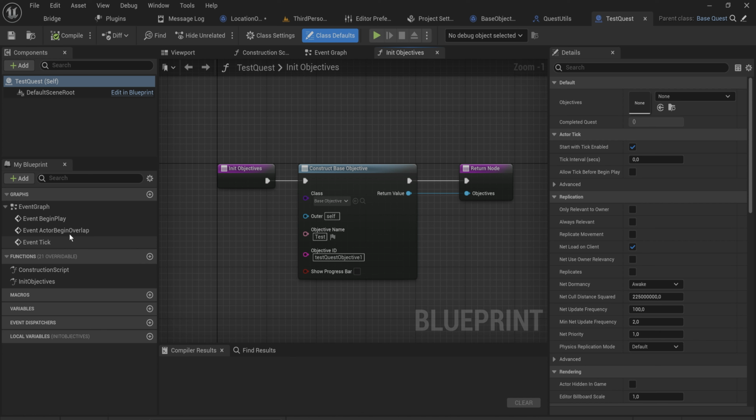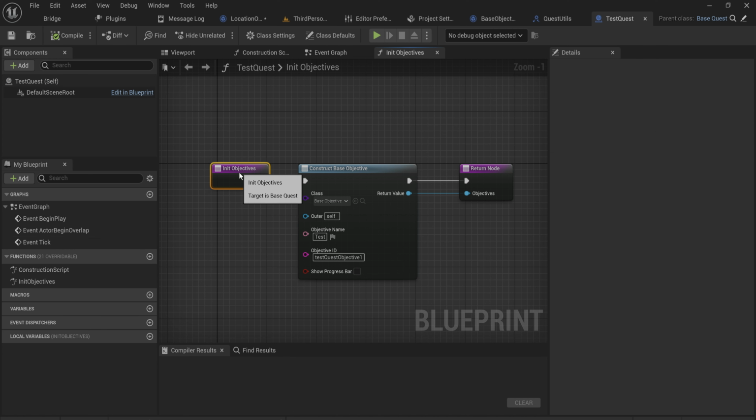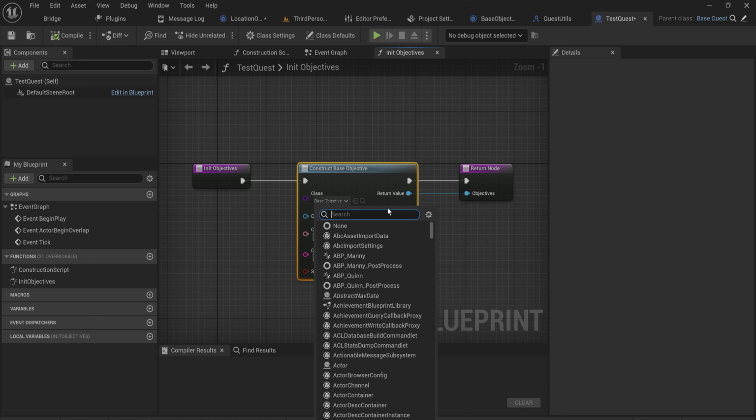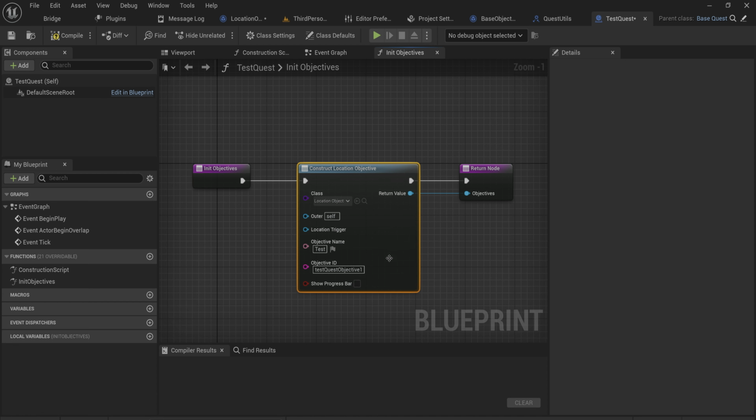just as a quick little overview again, in our base quest, we have the init objectives. That is a function that is designed to be overridden. In our individual quest, we'll overwrite that with creating objectives. So I created this base objective as an example, but what we'll do now is I will create a location objective instead. So we'll look for the location objective class, which will have all the same inputs, but also now